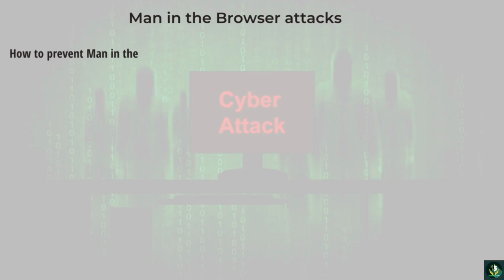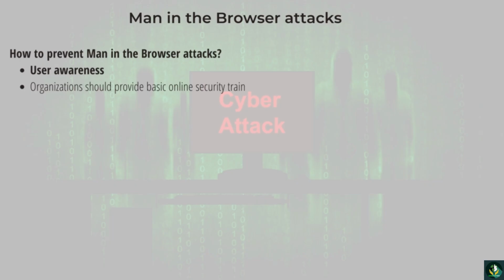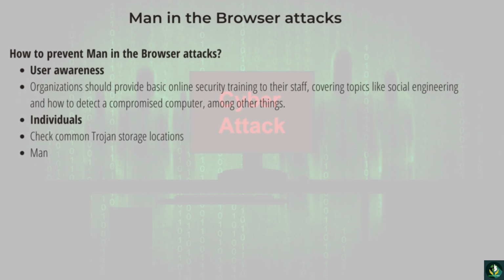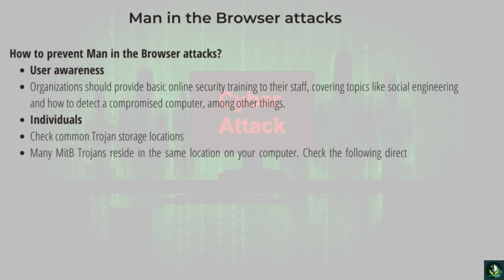User awareness. Organizations should provide basic online security training to their staff, covering topics like social engineering and how to detect a compromised computer, among other things. Individuals. Check common Trojan storage locations. Many MITB Trojans reside in the same location on your computer. Check the following directories for any unknown applications. If you find anything unfamiliar, look it up on the internet and scan it with antivirus software. The locations you should check are